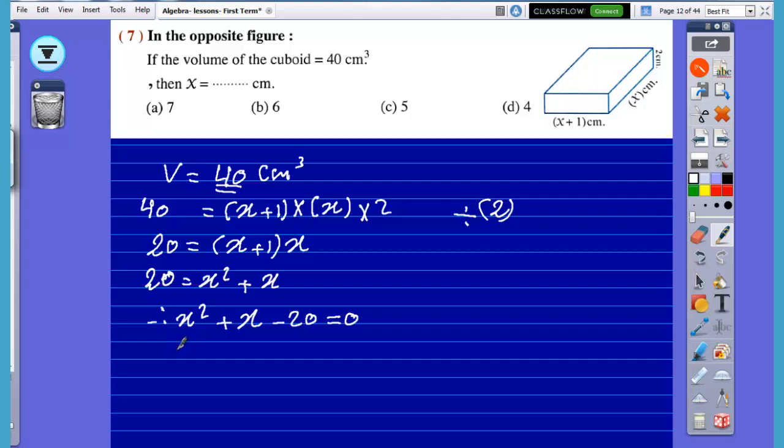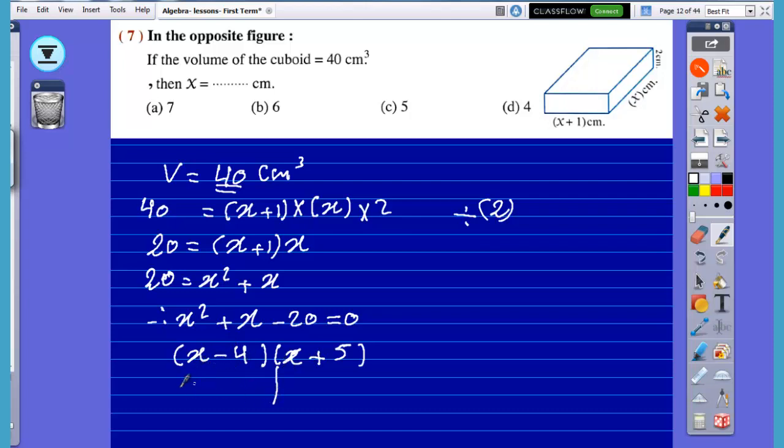It will be x multiply x, and the two factors of 20 may be 2 multiply 10 or 4 multiply 5. We'll choose 4 multiply 5, because the difference between 4 and 5 is 1. It is the coefficient of x, and here we have 5 positive, and here we have negative 4, and then